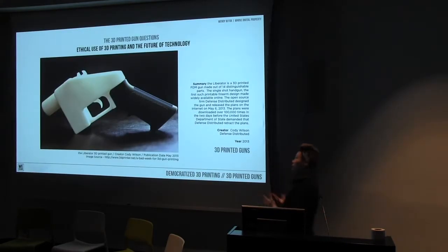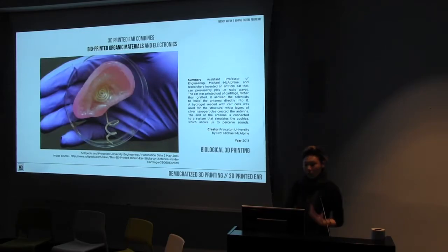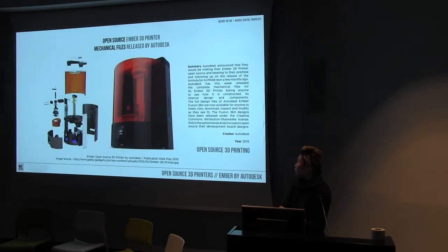It goes into a larger ethical discussion of 3D printing and future use of technology. And these are a few case studies I sneaked into my dissertation at Harvard: what happens when you democratize 3D printing, what are the uses of it, how does bioprinting start being part of the discussion. My colleague David Ruy, now the chair of SCI-Arc's graduate program, looks a lot into the artful play of bioprinting, skins, and how that starts appropriating the use of human genes and/or animal and/or different types of biological printing use,